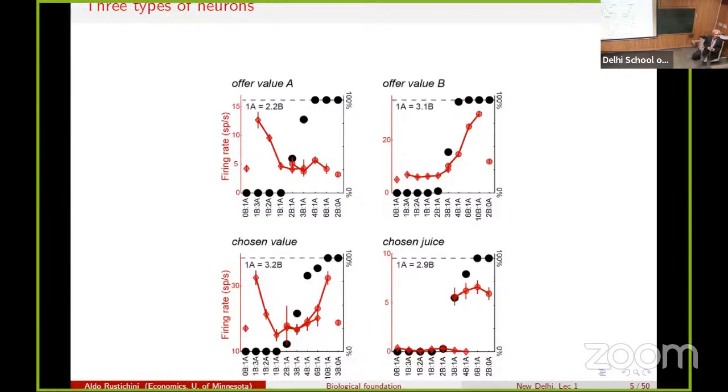The problem is going to make out of this a model. The models I like are the models that tell me something about reality. Why do those names correspond to the neurons? Why did you name them this way? I didn't choose these names. They are supposed to give an idea of what they're doing. So they're a little bit suggestive. These are neurons that code how much A, how much B, how much the option you choose. And the last one is